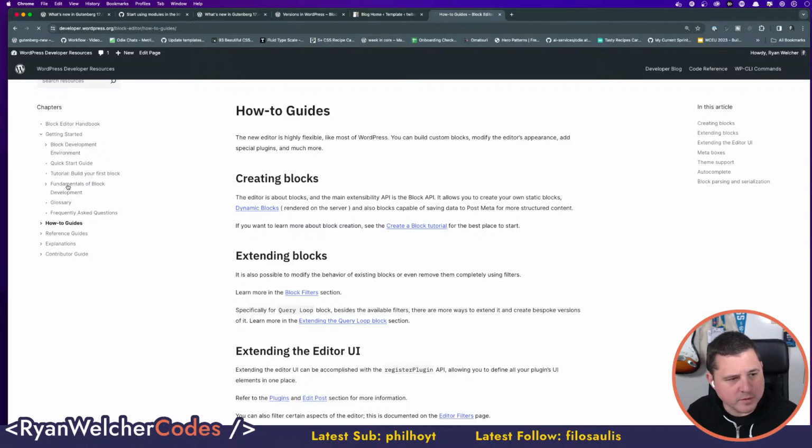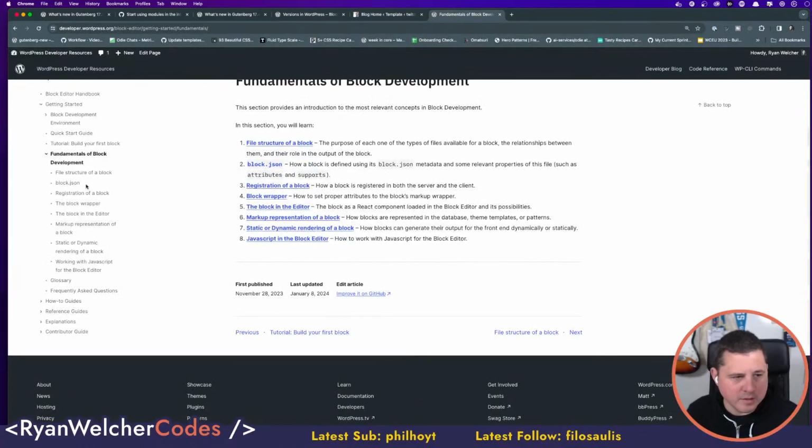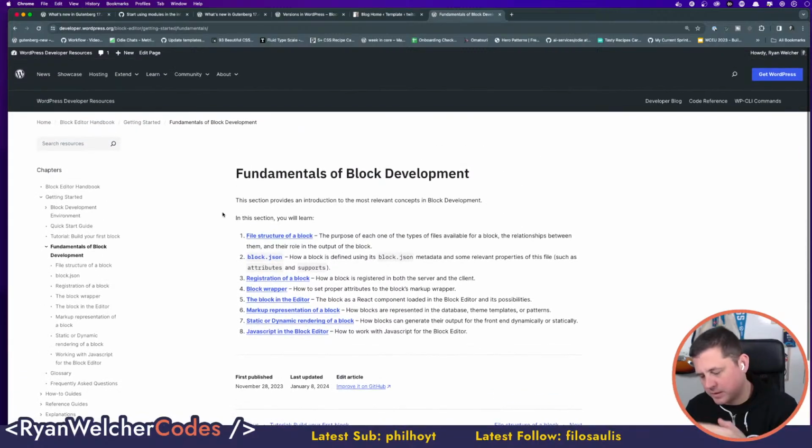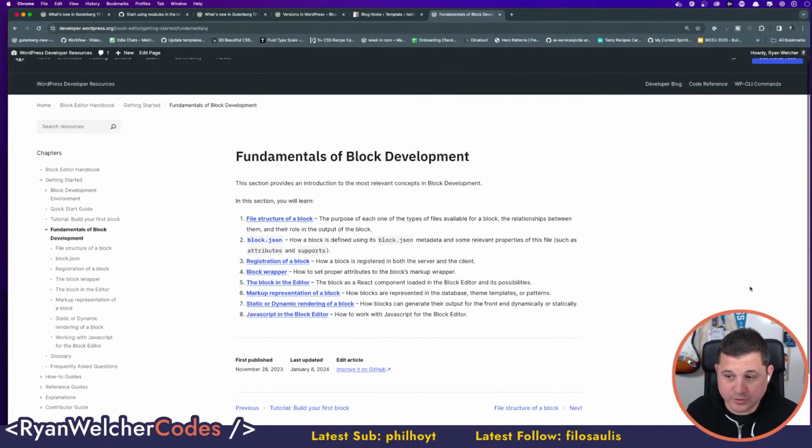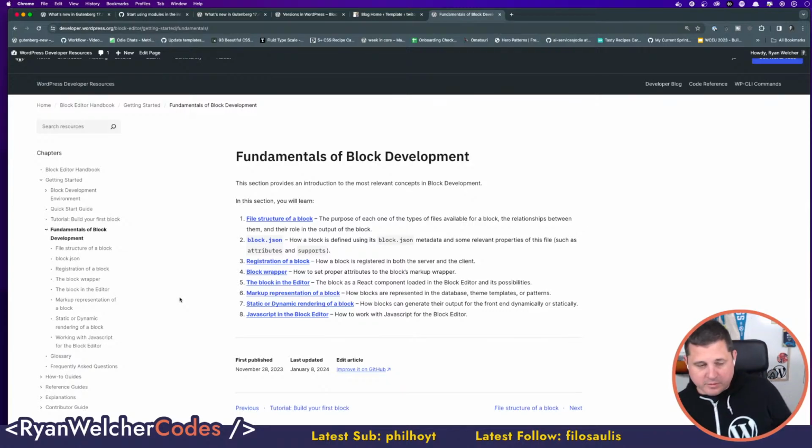We've got this fundamentals of block development section that has really been fleshed out. So it's a lot better, it's like a learning path where you start in one place and go from there. Yeah, for sure, this has been a focus of my team. Me to a lesser extent than some of the other ones.